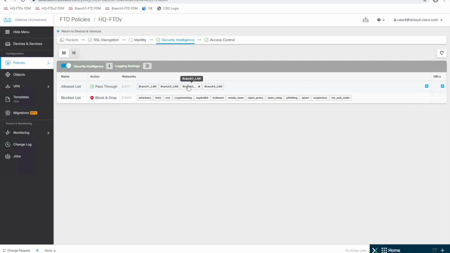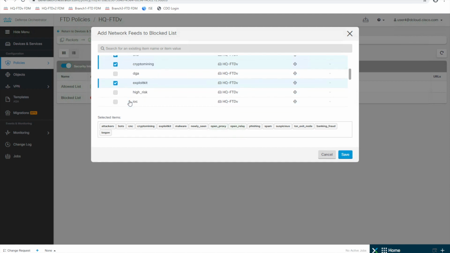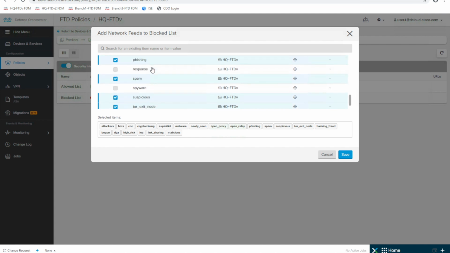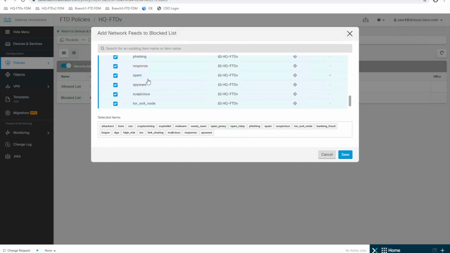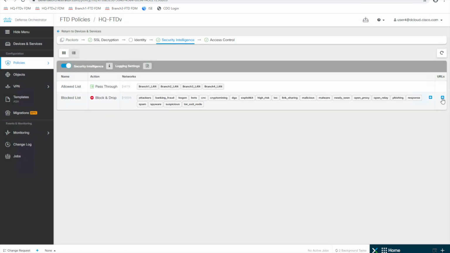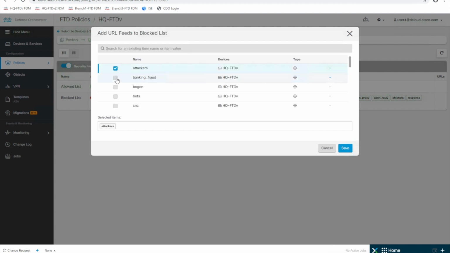We got our security intelligence policies like we talked about. We're passing through our branches here, but you've also got our Cisco Talos threat feeds here. Probably best case scenario would be honestly enabling all these, have all these threat feeds enabled. Right, high risk. These are all threat feeds that we receive from Talos, the largest threat researching team in the industry. So if they're saying these are bad sites, they're probably bad. So I would come here and I'd do the same with my URL feeds that I'm getting from Talos. I'd enable all these